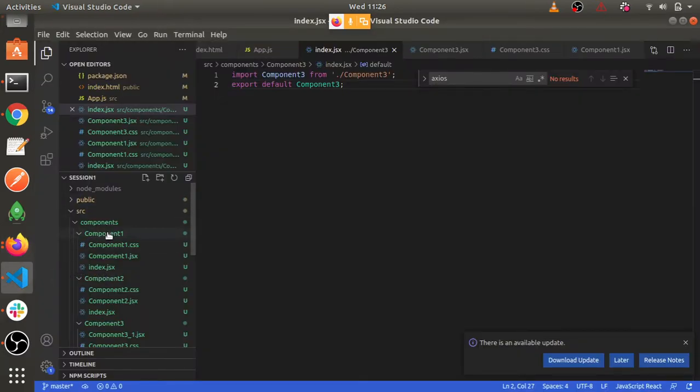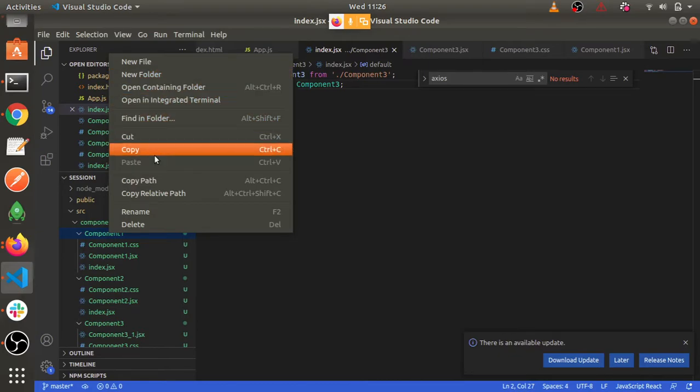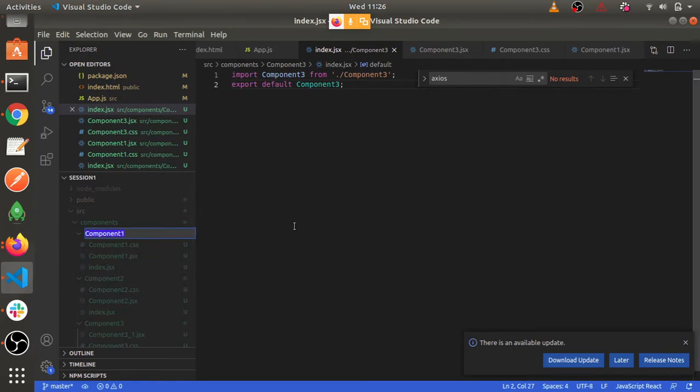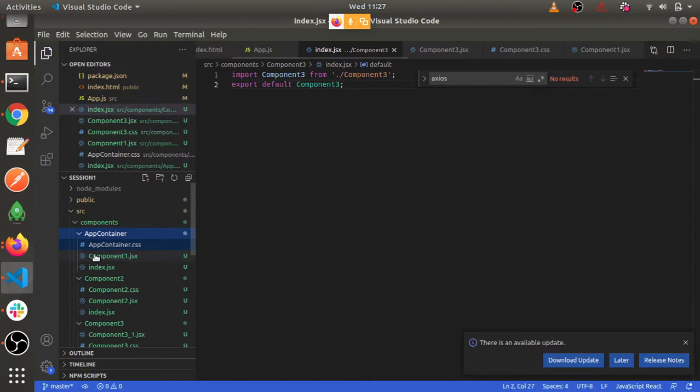So in place of this component 1, I'm just renaming it because we have already built a little bit, so we are taking advantage of that. I'll make it app container, and accordingly I'll rename it as well.